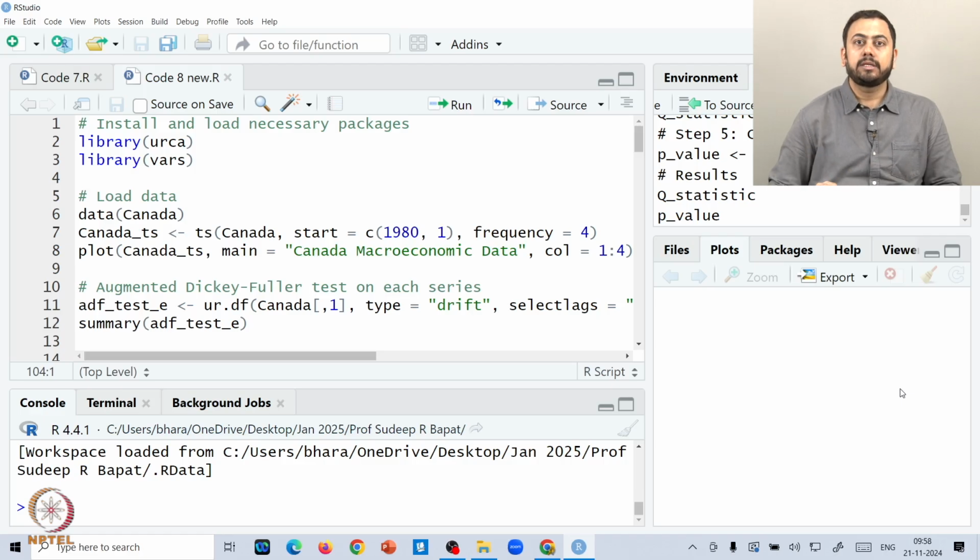In other words, even if xt and yt are individually I1, or integrated with some order d in general, if there exists some linear combination, say xt plus beta times yt, such that this entire linear combination is I0. And what do you mean by I0? I0 means integrated with an order of 0, which means that the underlying linear combination is stationary. If such a thing happens, then we say that xt and yt are co-integrated.